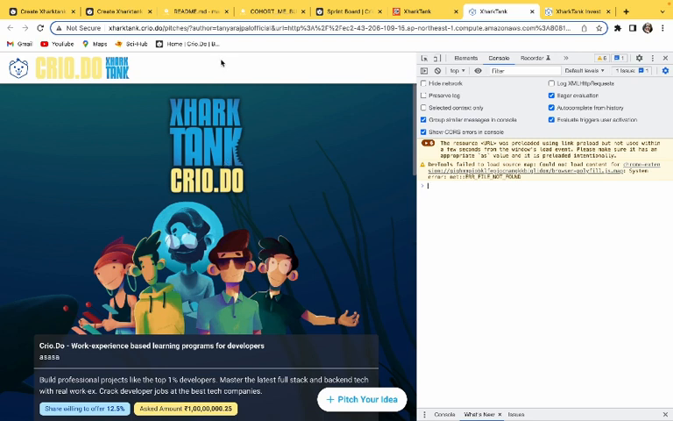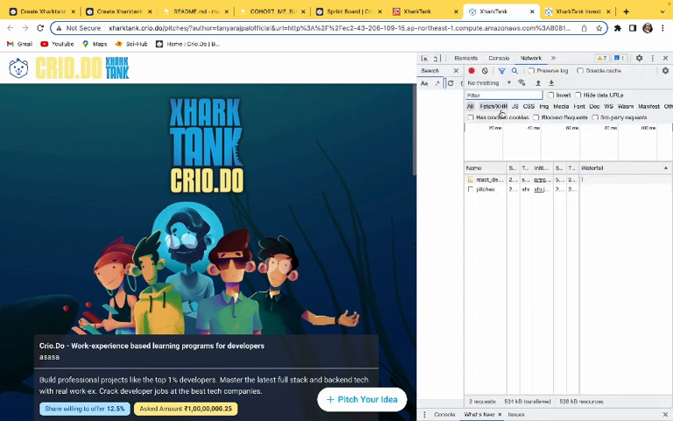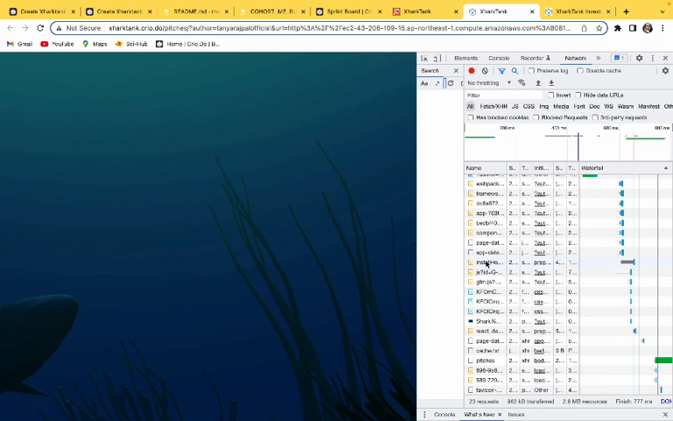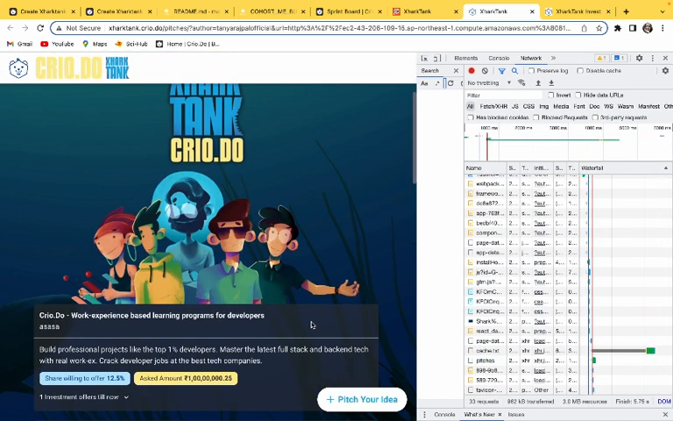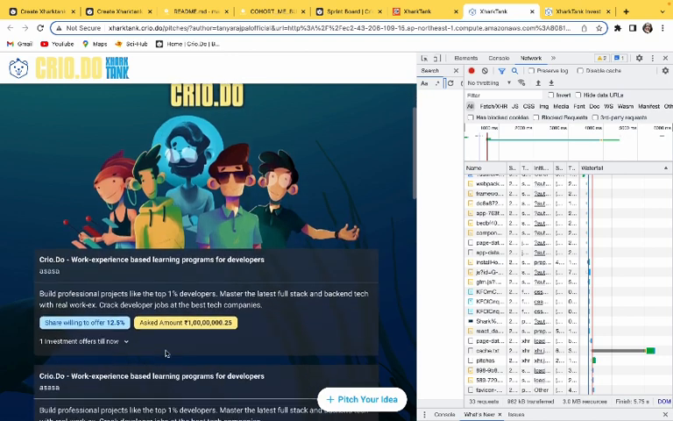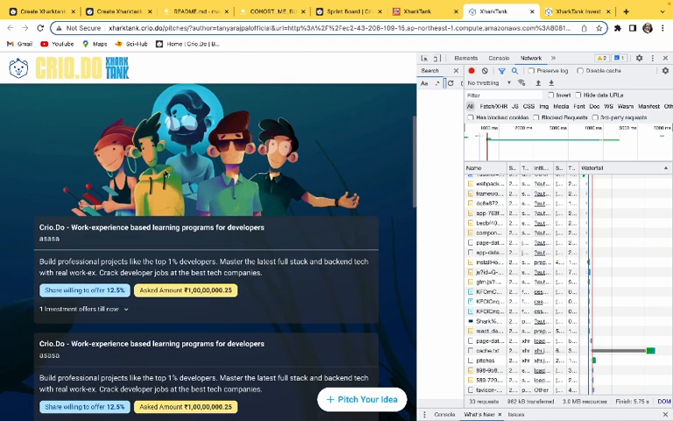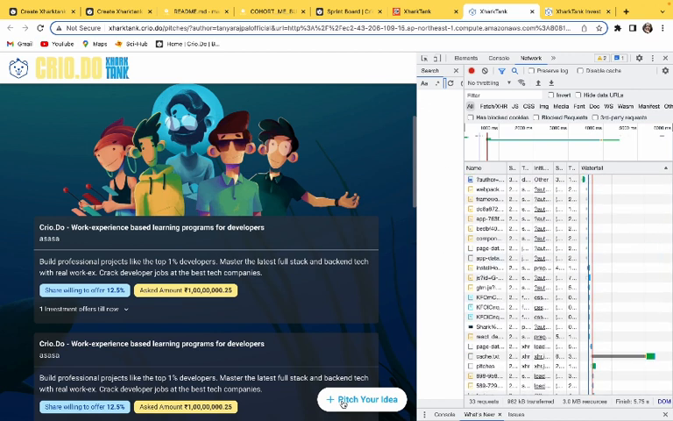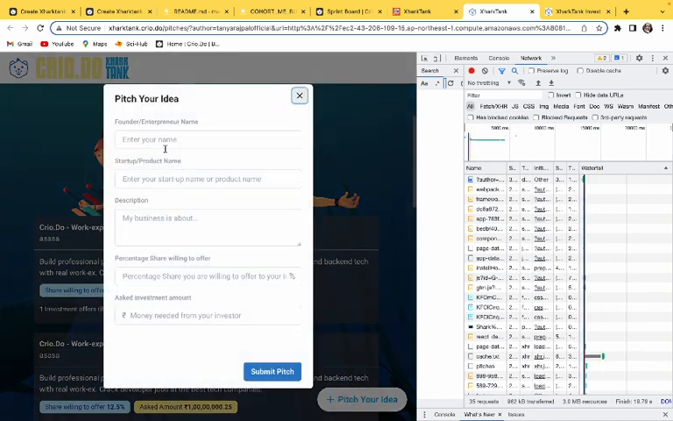So this is the Crio pre-built UI. Let me just open the network tab here and refresh it. On refreshing, as you can see, these are the pitches that have been fetched from the database, and as soon as I press the button to pitch an idea, I can